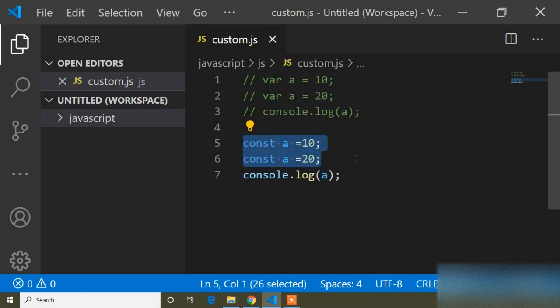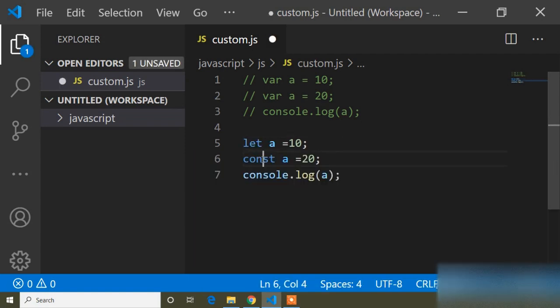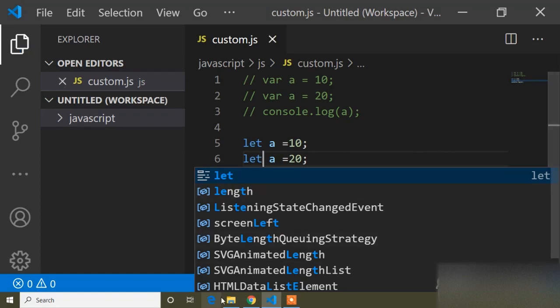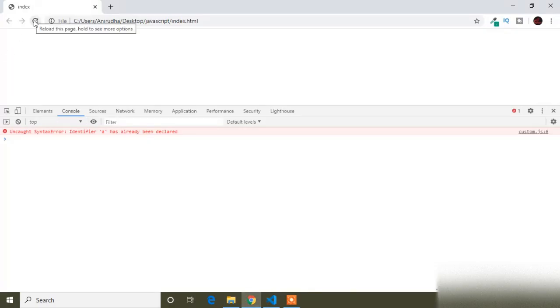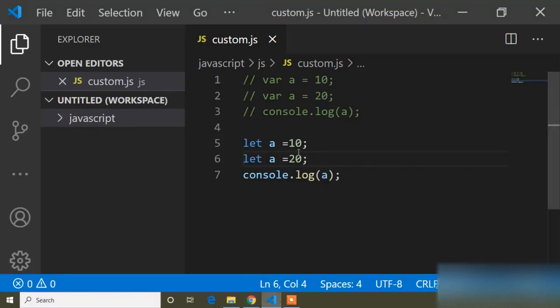This is ECMAScript 6. And now in the same way, if I declare the variable with let, let's see again what happens. Let is a keyword to declare a variable, and this was introduced in ECMAScript 6. ECMAScript 6 means the new version of JavaScript. And in the same way I'm getting the error, identifier A has already been declared. So when we declare with const and let, we can't write the same name variable. Here A and A are the same name, so I'm getting an error. So here we understand what const and let are.